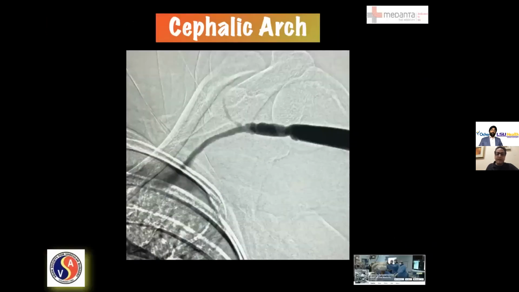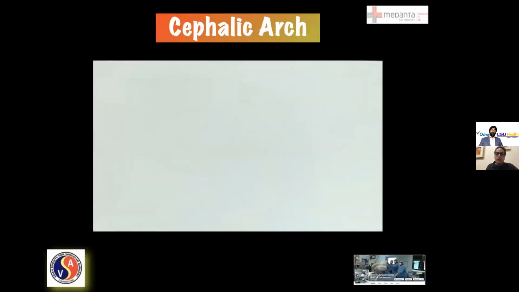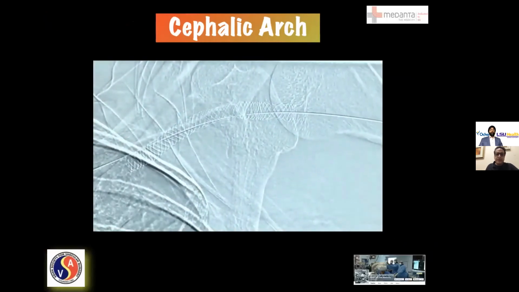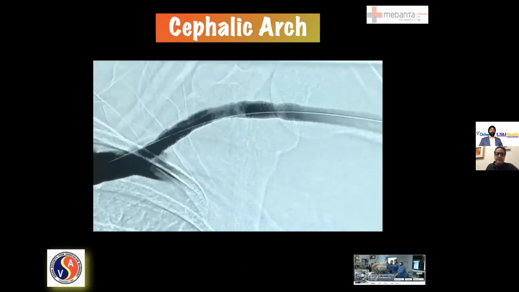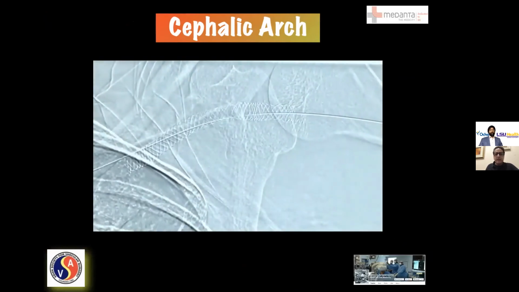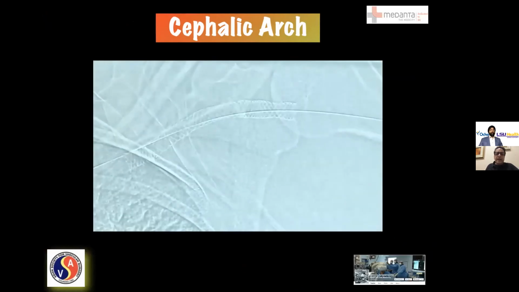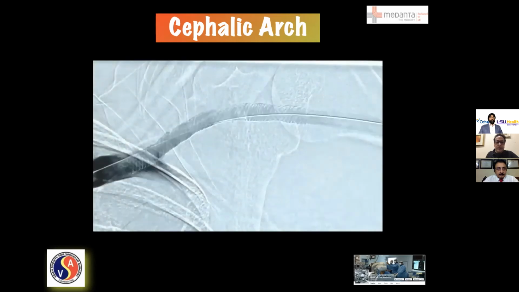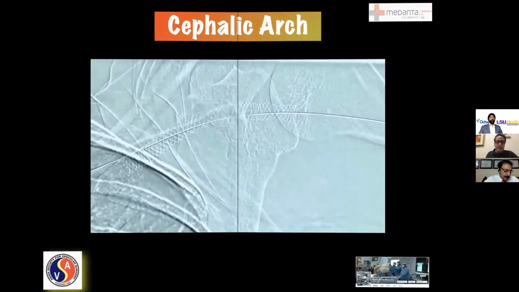And this is another area, the cephalic arch, where we have used Supera stent. And this is another area where it really does very well. The only limitation is that the maximum diameter available for a Supera stent is 7.5, so we can't go beyond that. Sometimes you need to dilate, or the vein size is bigger than that. Because of the stenosis, the vein dilates. And if it's more than 7.5, then you can't use this.